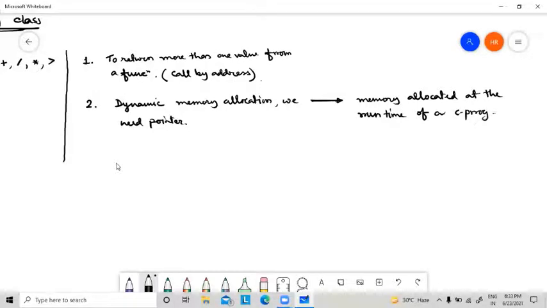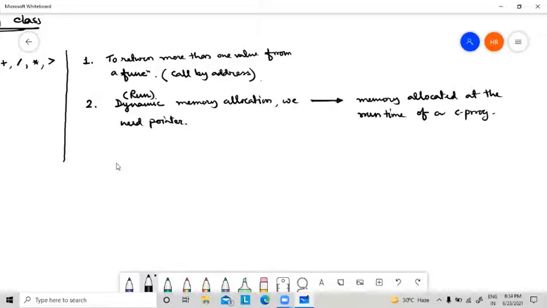When you are running a C program, at that time, if we allocate some memory, then it is called runtime memory allocation or dynamic memory allocation. So dynamic or runtime, both terminologies are used for this type of memory allocation.